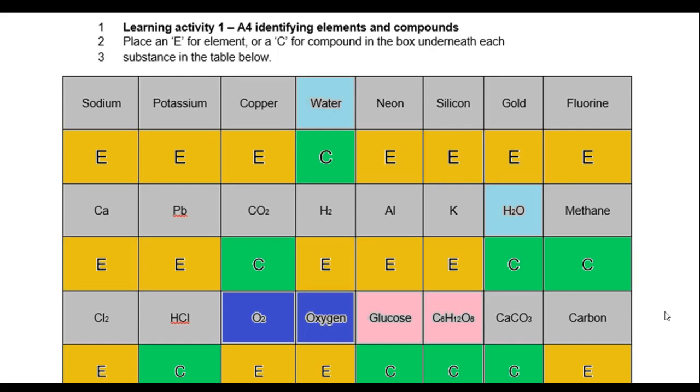And I've also then matched up where the symbol matches with the name. So water is on here twice, oxygen is then on here twice, and glucose is on here twice. So you can then see where sometimes they've used the name but then also the symbol, and you can see that water is made up of hydrogen and oxygen. Glucose is made up of carbon, hydrogen and oxygen together, and of course oxygen is then just an element,